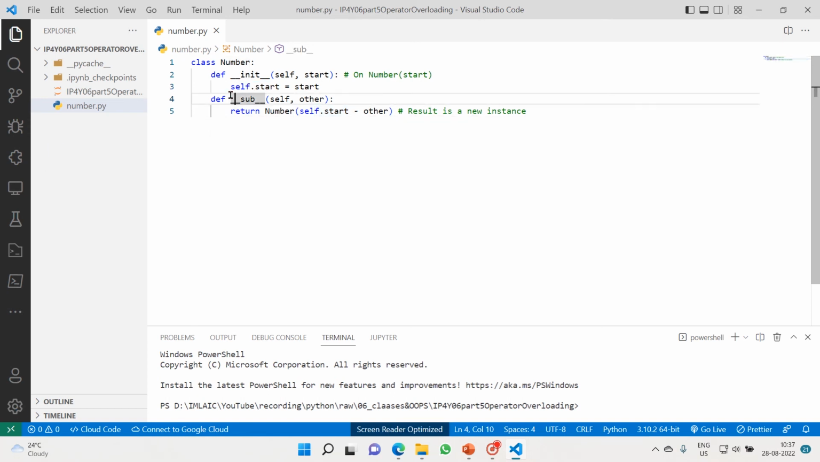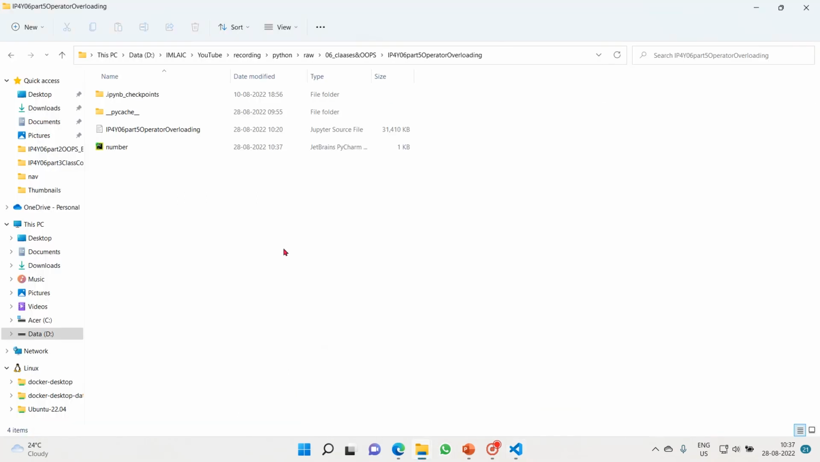Then we have one more, that's the subtract sub as a method, but this one returns an object. This one returns an object of number class after doing subtraction of whatever argument you have given to that method and an instance attribute. Okay, now let's save this, and then we'll go to the same folder and open